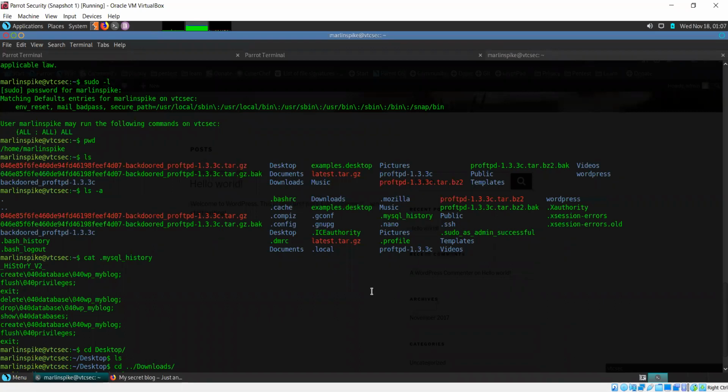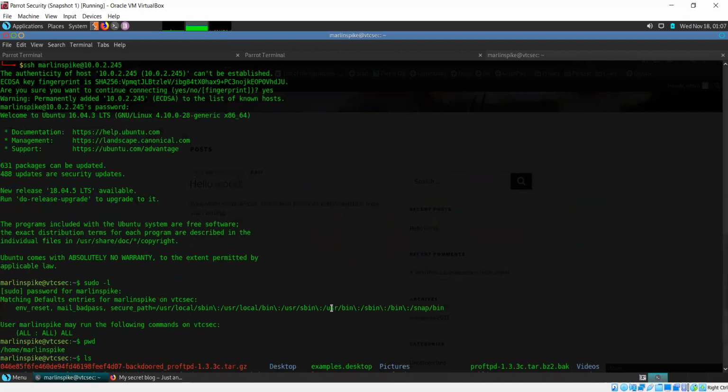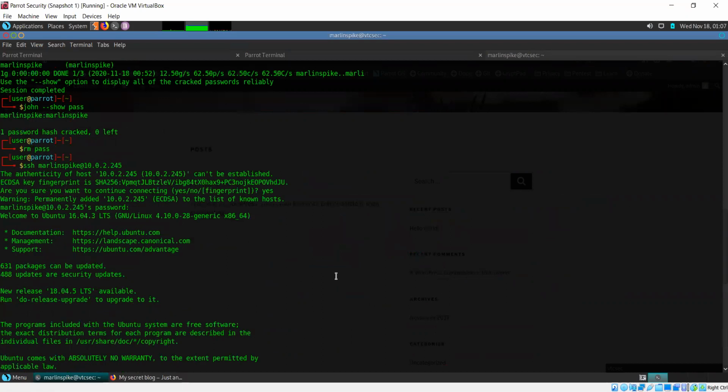Now, if you remember, after we had gotten the initial shell, we used Python to get a better shell. Yeah, so I can simply run that command again, but now I can use sudo. Okay, so let me do that.